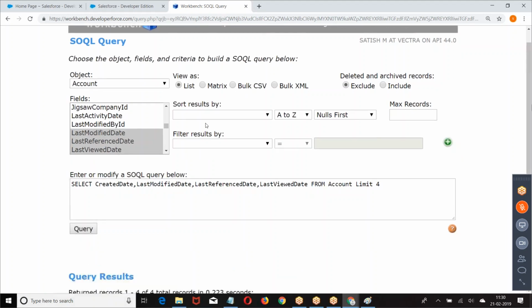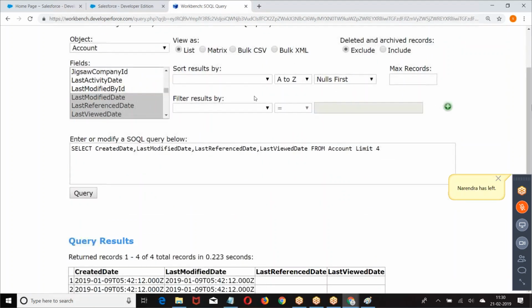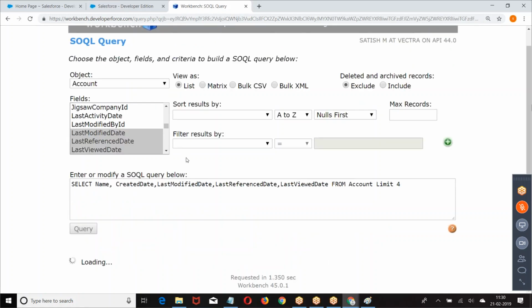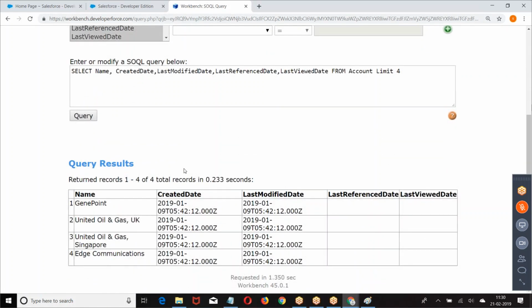I'm writing a query. I also included CreatedDate and LastModifiedDate. Look at this, all these records are coming. Look at the format. I'll also put the Name here. What are the records we received here?